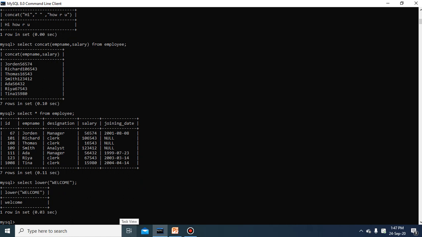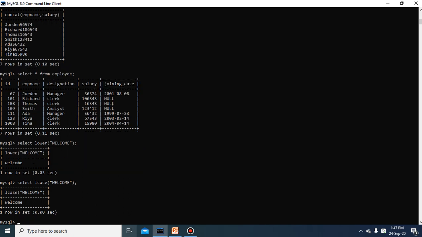As lower is the name of a function, the same way there is another function named lcase. So don't get confused, if lcase is written in place of lower, the purpose is the same. Both functions lower and lcase return the string in lowercase. The same way we have ucase or upper, another function.